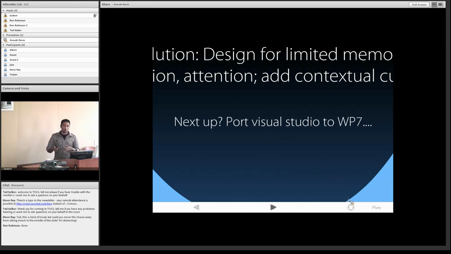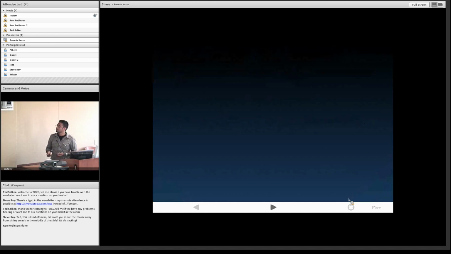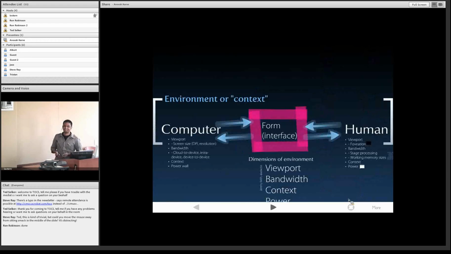So we're going to talk about what the difference is between tasks that you can do on desktop devices versus mobile devices. But what I want to present to all the researchers and product people in the room is that even if it makes no sense to bring Visual Studio to Phone 7, they should do it as a design exercise, because the desktop interface will improve as a result. The simple fact of the limitations of designing for a small viewport will drive desktop improvements, as we've shown. And next, AutoCAD, right? Sure. That would be incredible. And the fun thing is, they've actually brought Alias Sketchbook Pro and some of these other high-end drawing applications to iPhone.